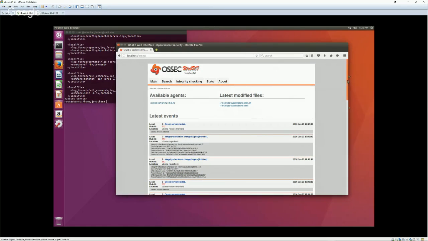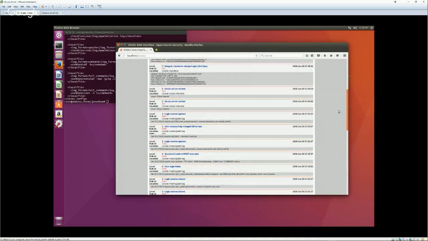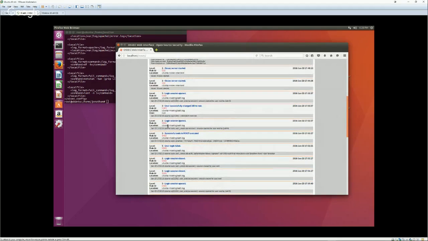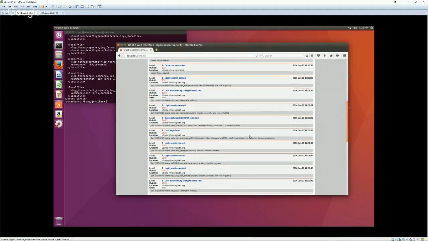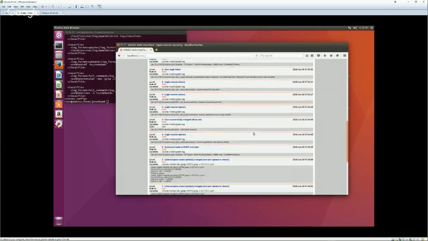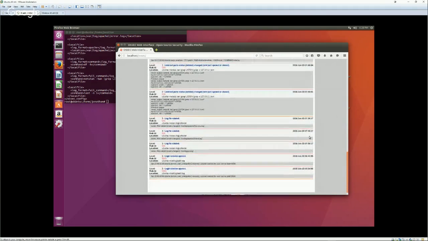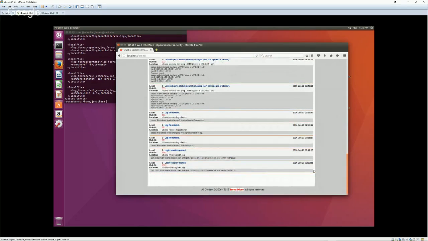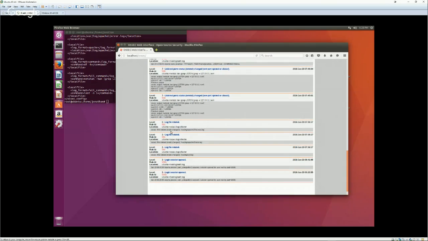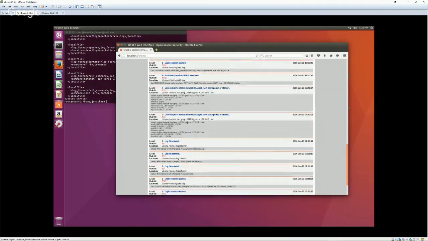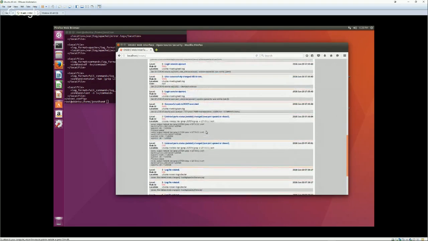Essentially, I've been playing with this for a few days, so these go back a bit. But if you open login sessions, if you root into the user interface, all of this is coming off of the server, and it's showing you the different files and alerts that it sent. If you want to look at a rule ID in here, these numbers are different rules that can be set within the .conf file. If I just pick one,